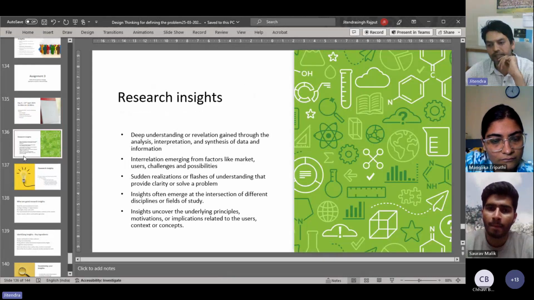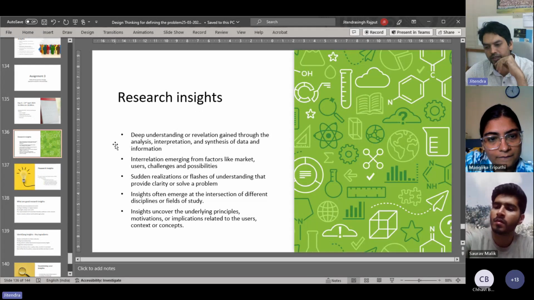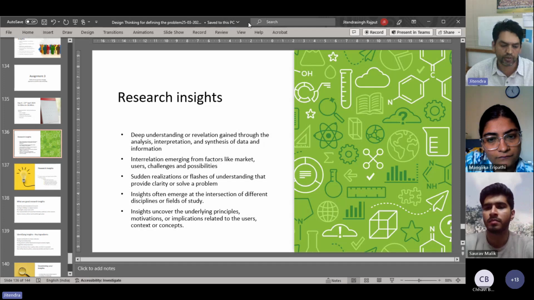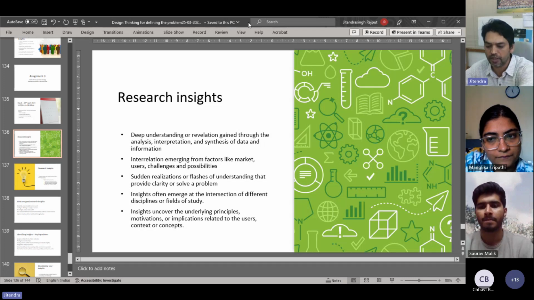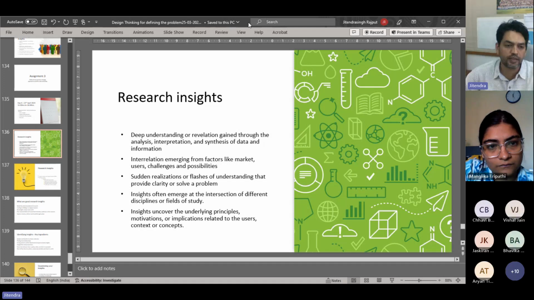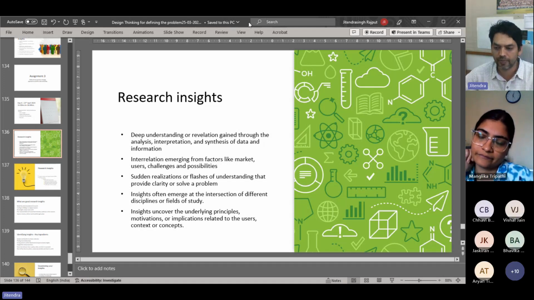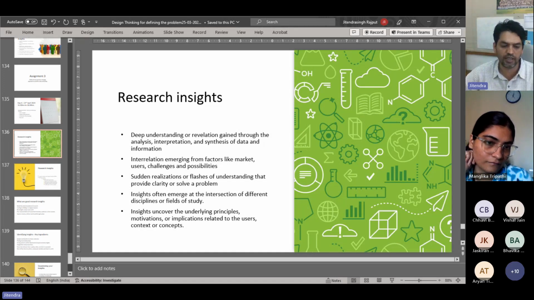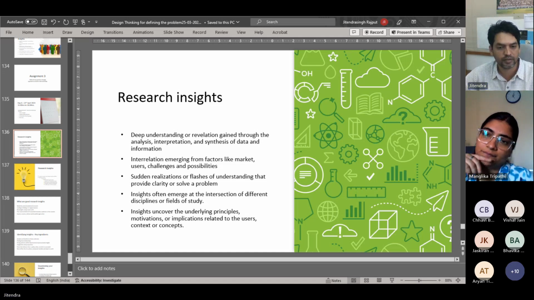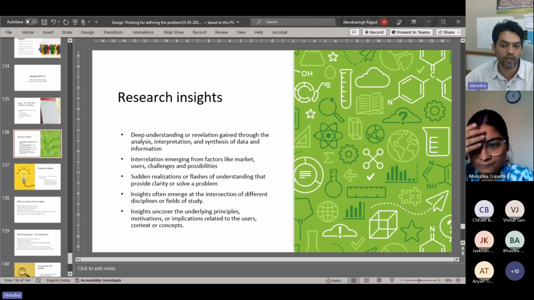Okay, when we say insights, and Chavi, your group has worked on insight very interestingly. You have come up with a lot of insights, and you have used those insights to possibly take some directions. So when we say insights, how do we define insights? Insights are not data. Data doesn't tell you anything. Data is just a piece of information which can be processed. So that data will possibly not tell you what to be done. Basically, insights will tell you where you should go and what you should do.